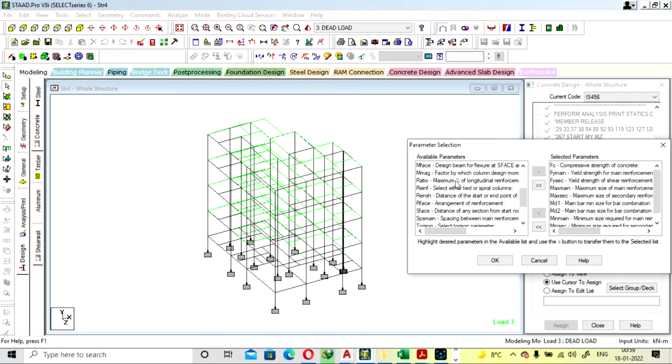So you can also give the percentage of your reinforcement if you want to. Okay, but right now we don't select this.